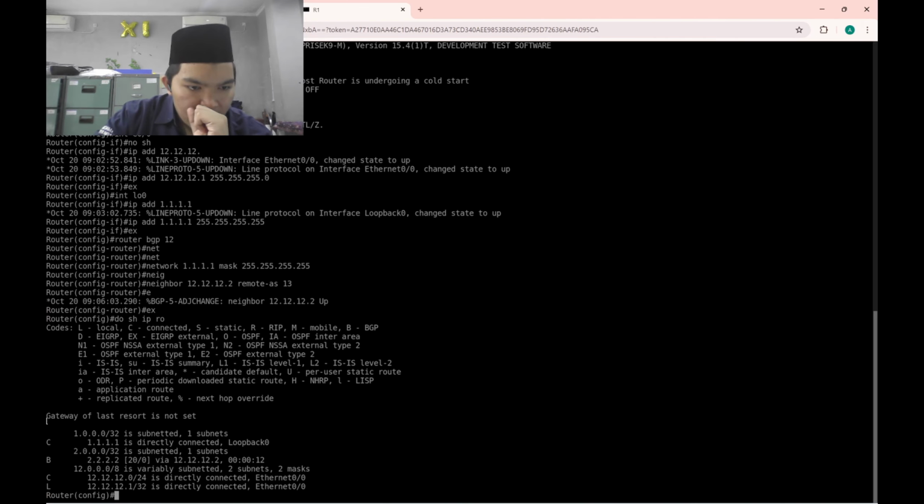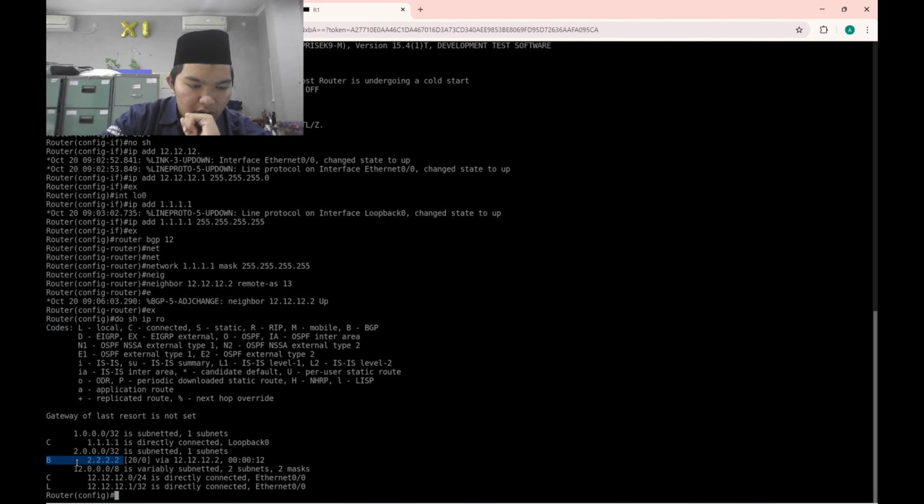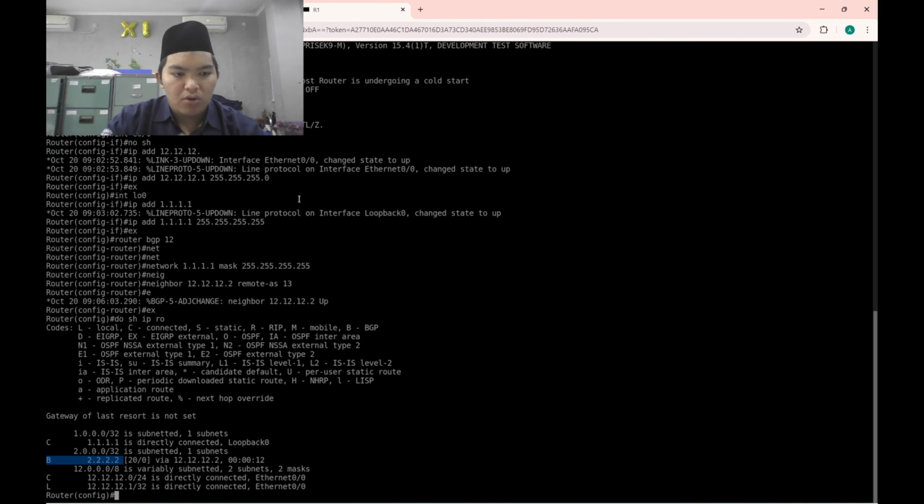Okay, there is a network with B origin, or BGP. If there is a network with B origin, it means the BGP peering is successful. So we just need to test with a ping to your neighbor.